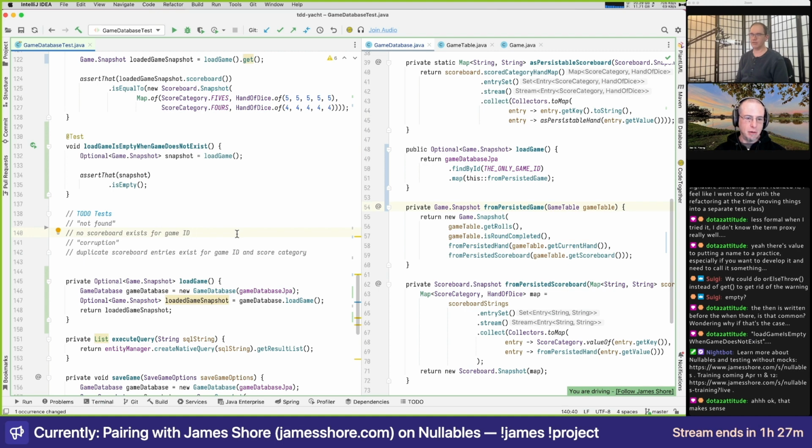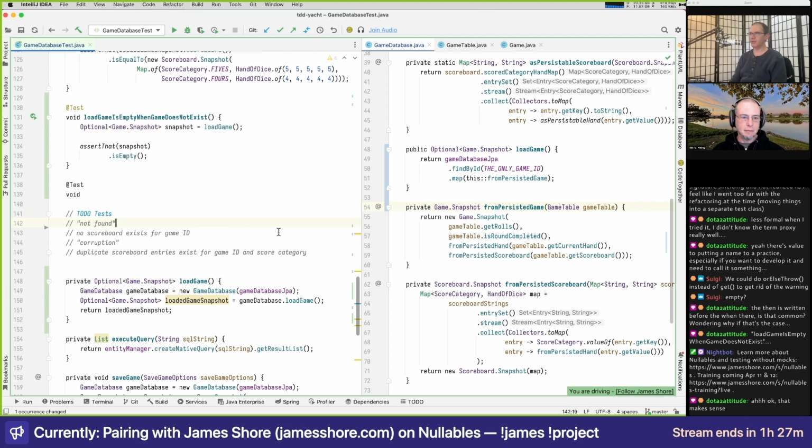Is there something about, and this is probably more around corruption, a scoreboard that exists but not for the one game ID? I think purely for the purpose of documenting this, I do want to say something along the lines of "scoreboard is empty when no game scoreboard rows exist." And this is where I like my string-based tests.